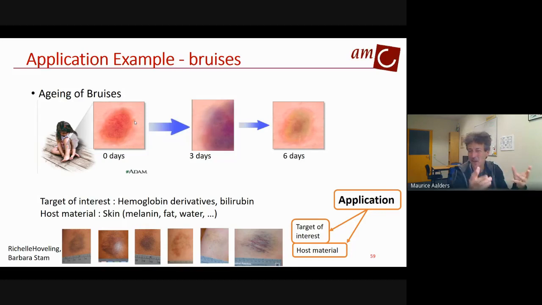Then the hemoglobin, which does not belong there, is converted to bilirubin, and that will give you this greenish color around it. The molecule is 4 times smaller, so it will diffuse faster through the skin. So it usually creates a ring around the area of hemoglobin until it disappears. So what we want to do with hyperspectral imaging is measure hemoglobin derivatives, the blood and the bilirubin, and the fat. How we use these examples to come to the age, I will tell you later,